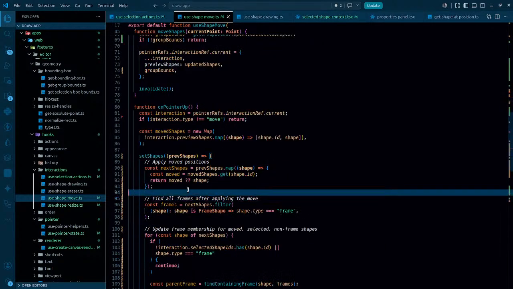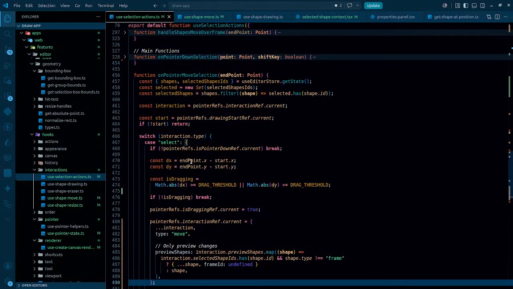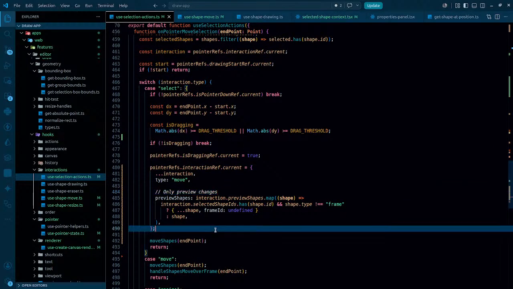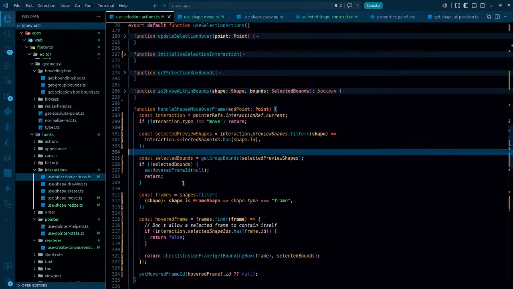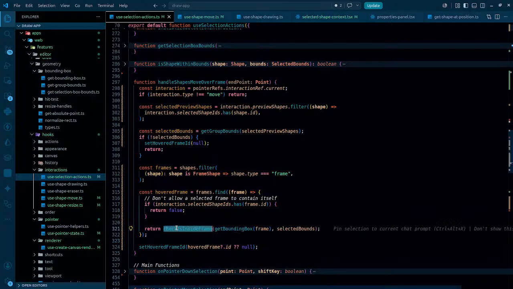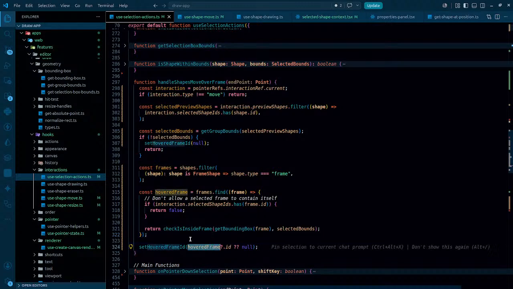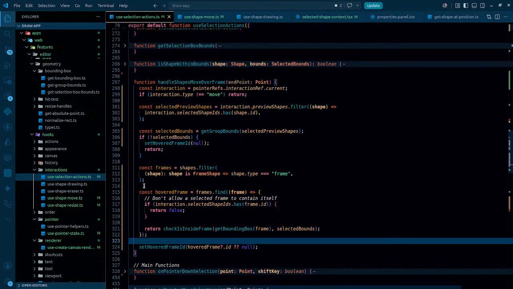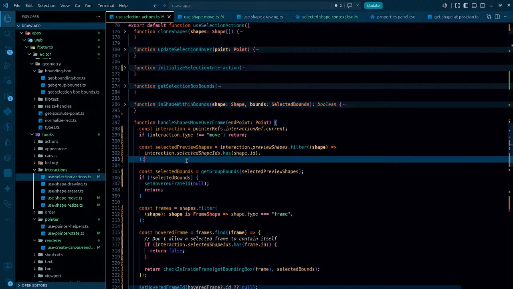On pointer up seems to be alright. Let me see, because it's just been written, so there's no problem here as such. Drag threshold, things seem to be alright. Only preview changes, that is also alright. Handle move interaction, set forward shape, we are definitely changing the set forward frame here. Forward frame check is inside, get bounding box and returns true or false. On the basis of that, we are just simply setting it here. Frames set forward ID is going to be null. So even this doesn't